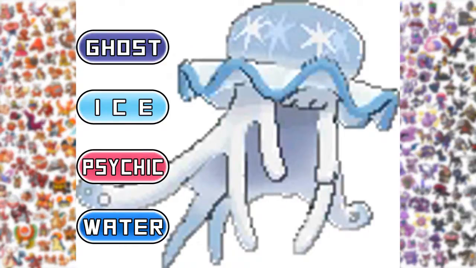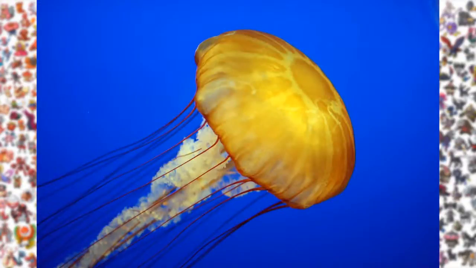So with UB1, my idea of the typing would probably be Ghost, Water, Psychic, Ice. And the reason why I say Ice is because it's got the light blue coloring around it, and then it's got the little stars around the top of it, and it could resemble snowflakes or something like that. And the reason why it could be Ghost is because it just looks like a supernatural being, like a spirit kind of thing. And also another reason why I think it's Water is because, you know, it represents a jellyfish, of course,